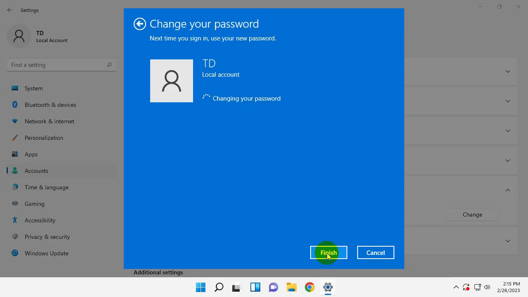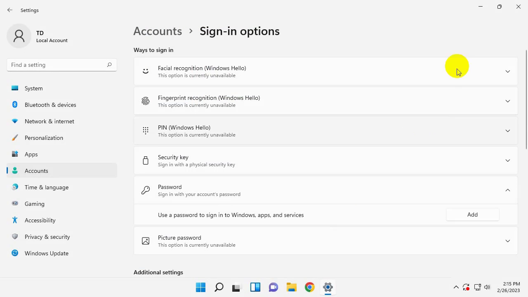So I've taught you how to create and change the password for your computer so that no one else can